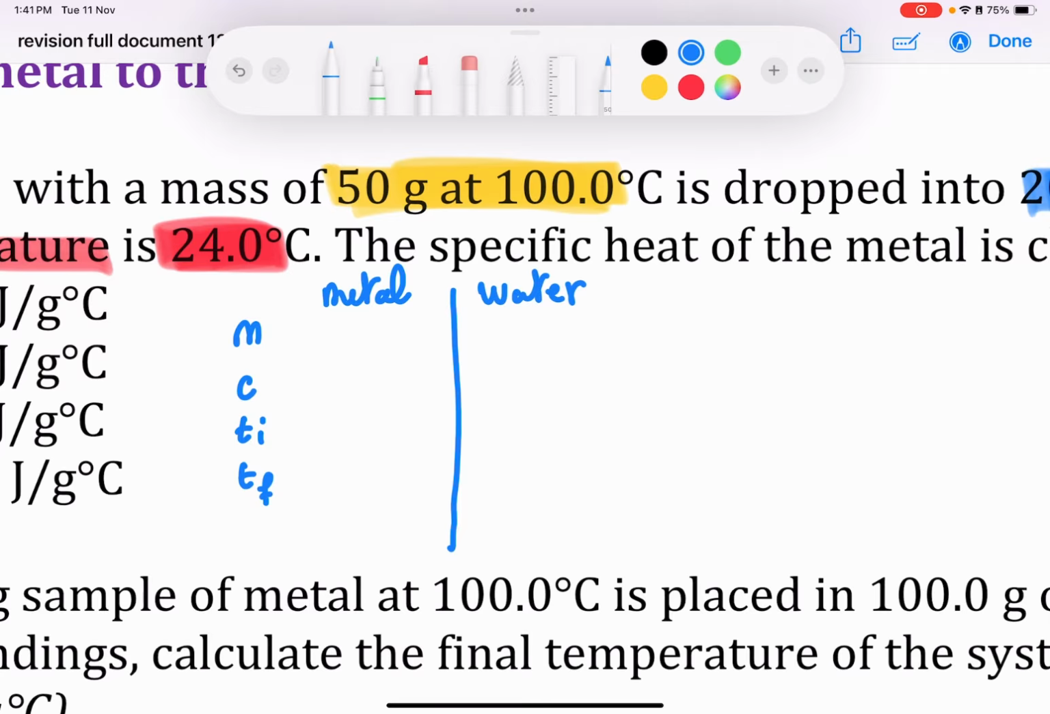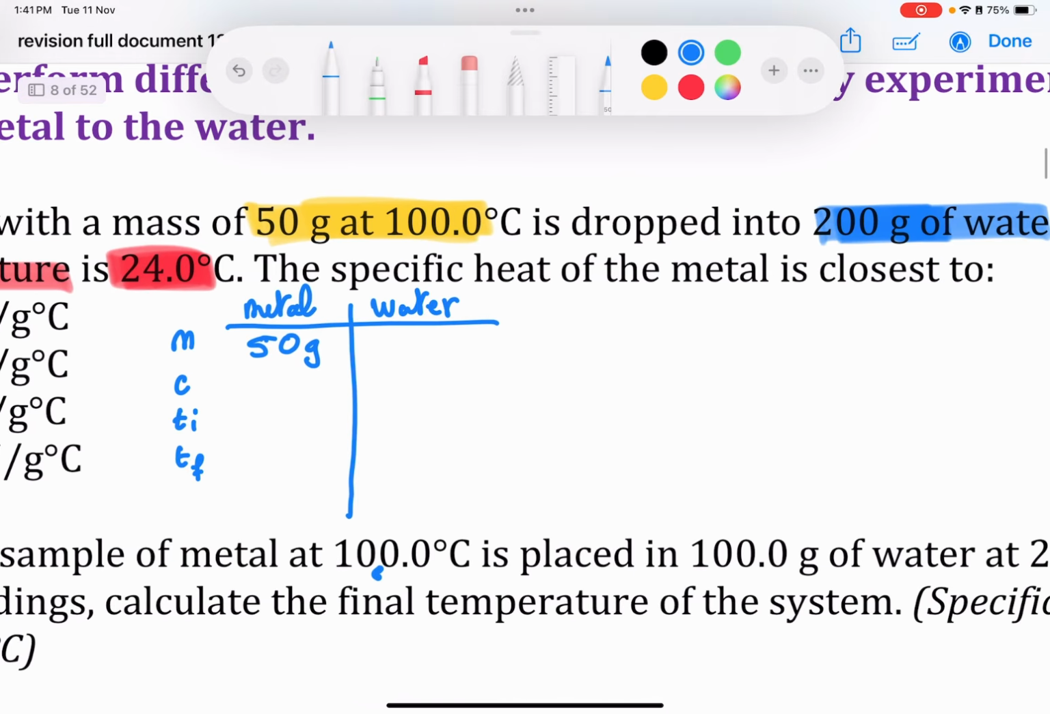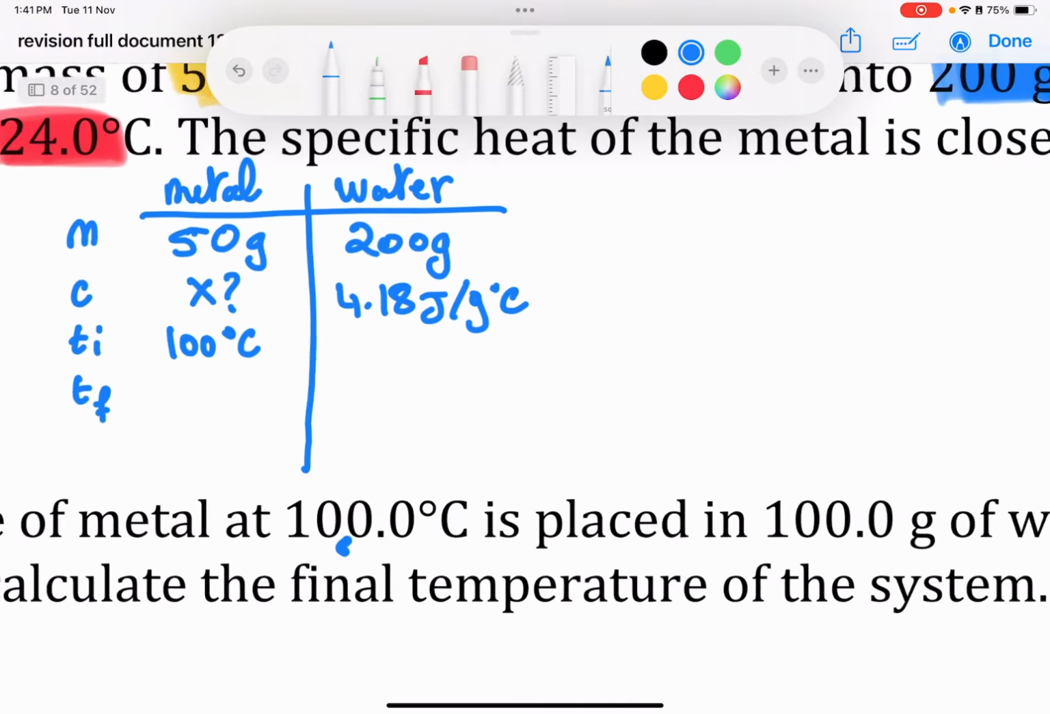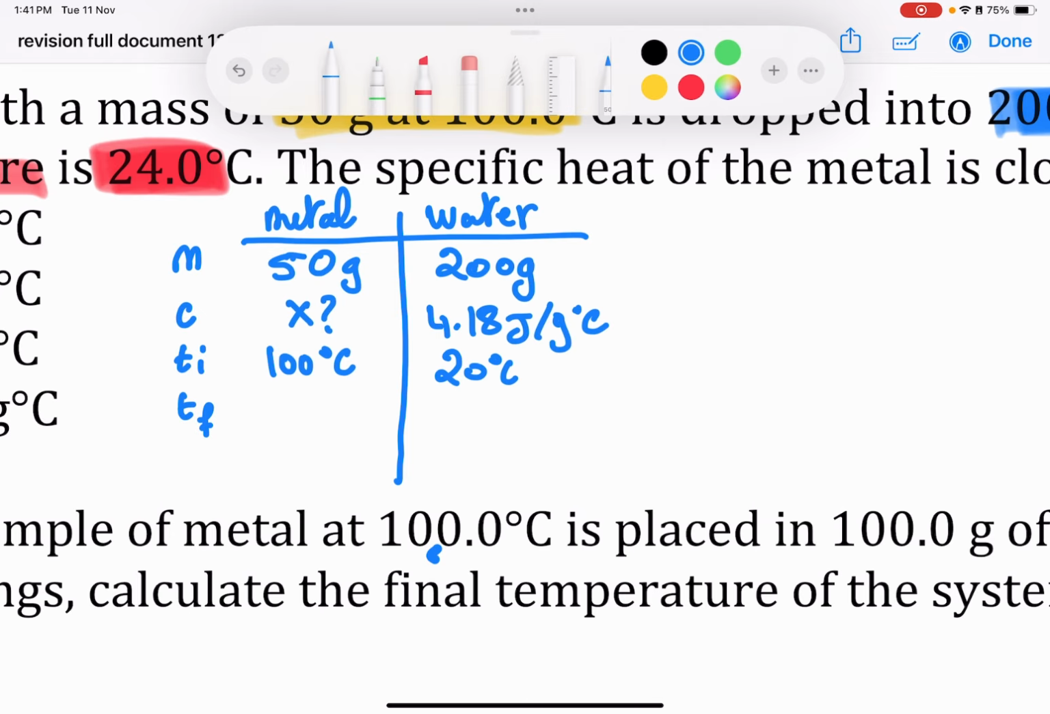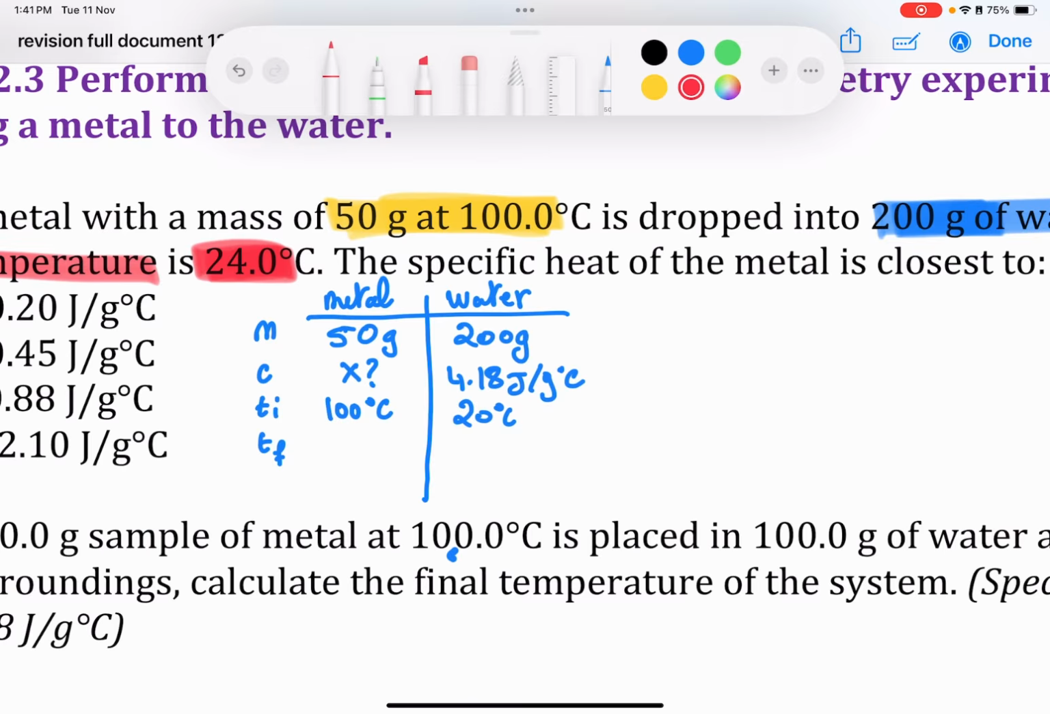Okay? So the mass of the metal is given to you, 50 grams. The mass of the water is given to you, 200 grams. The specific heat capacity of the metal is unknown, but that of water is 4.18 joules per gram Celsius. The metal initially was at 100 degrees Celsius, while the water initially was at 20 degrees Celsius. And when they exchanged heat, when the heat was transferred from the metal to the water, why? Because the metal was hotter than the water, the final temperature was 24 degrees Celsius,